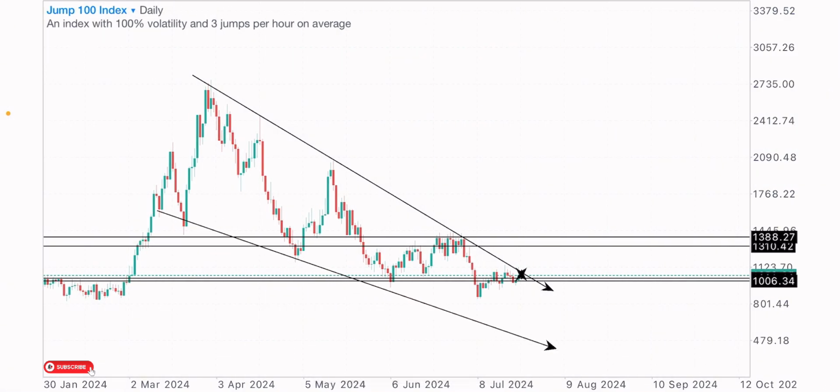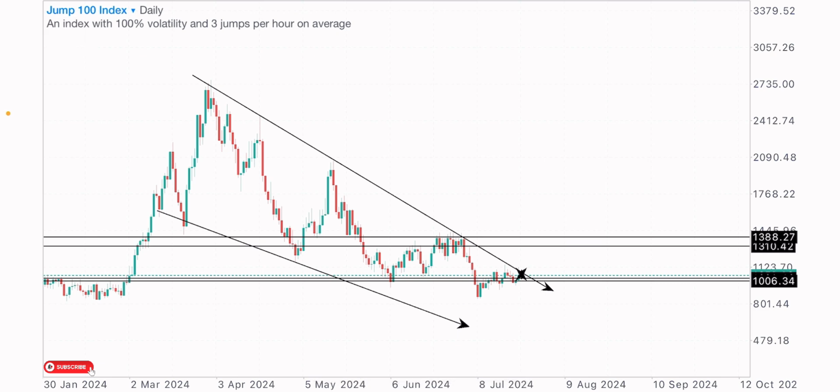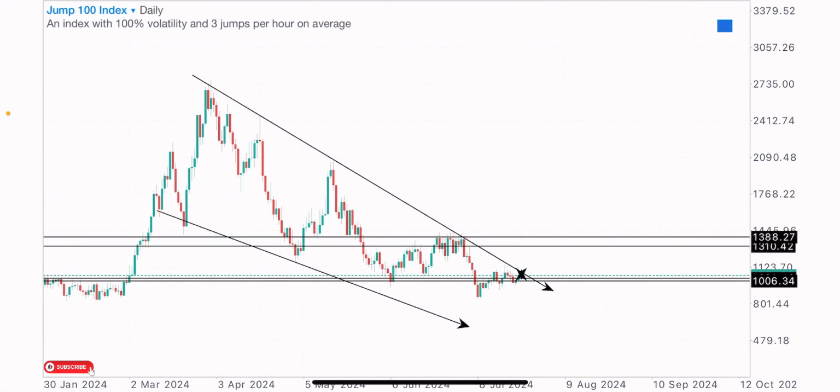How do we know a market that is in an uptrend and a market that is in a downtrend? An uptrend market has a series of higher highs and higher lows formation, while a downtrend market has a series of lower highs and lower lows formation. And this lower highs and lower lows formation gives the market a downward direction. Right, so you can see this index is on a downtrend because we have a series of lower highs and lower lows formation,